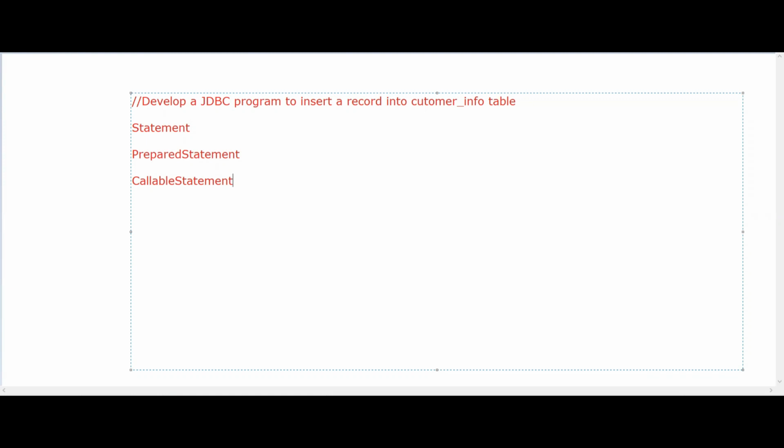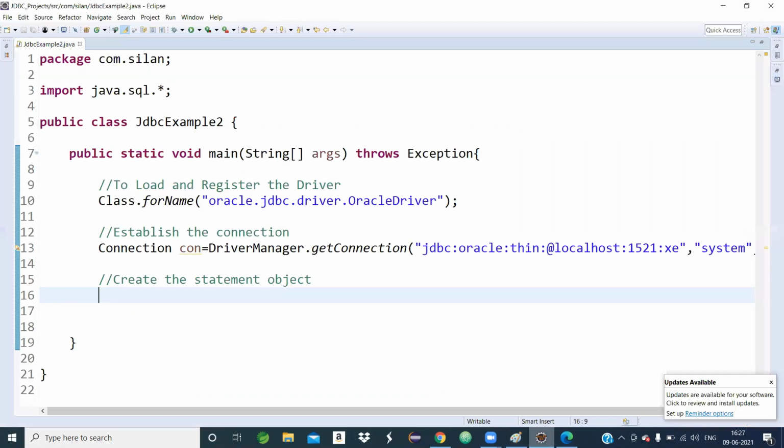So what I told, currently you remember, if a DML operation is my requirement, that means inserting a record into a table, or updating a record, or deleting a record, that is called a DML operation. Particularly in this case, we will use the PreparedStatement object. We can use the Statement object, there is no problem, but why I am telling this, the time will come, I will explain. But you remember currently, the most suitable interface is PreparedStatement.